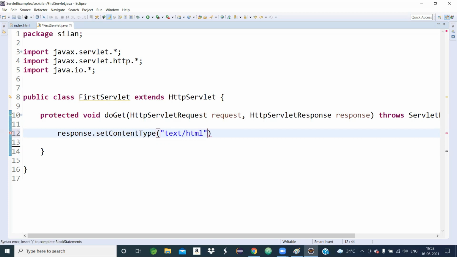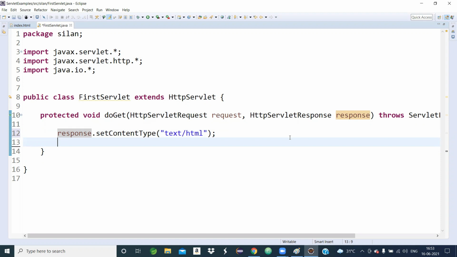What is the meaning of this statement? setContentType is a built-in method invoked by the response object. This method comes from the HttpServletResponse interface. So this statement is common. The meaning is which type of content you want to set as the response, text content or HTML content.